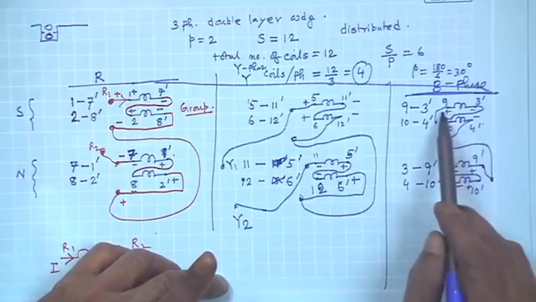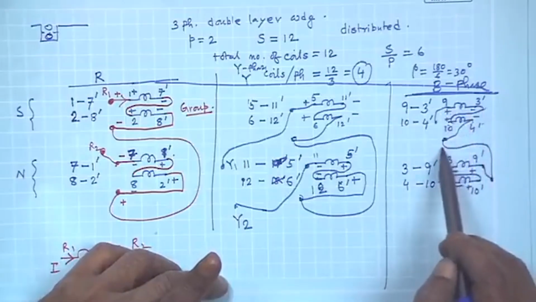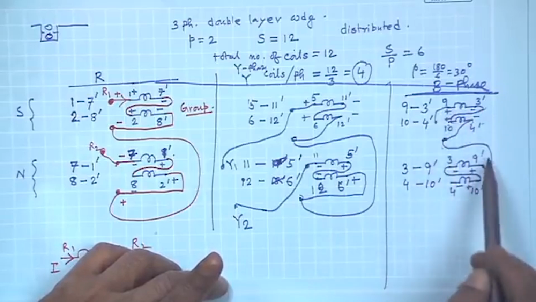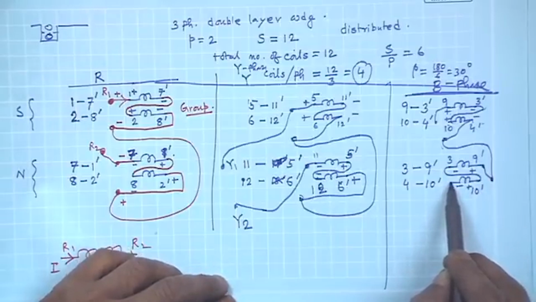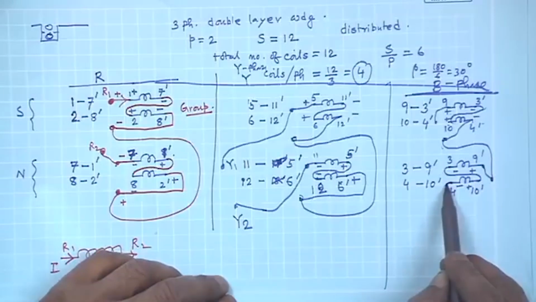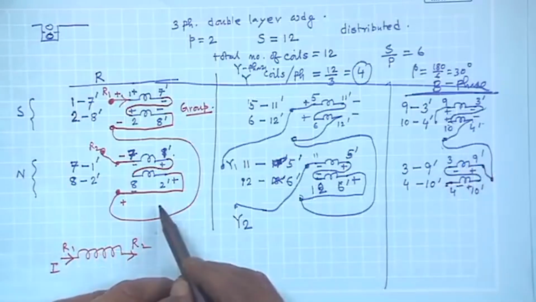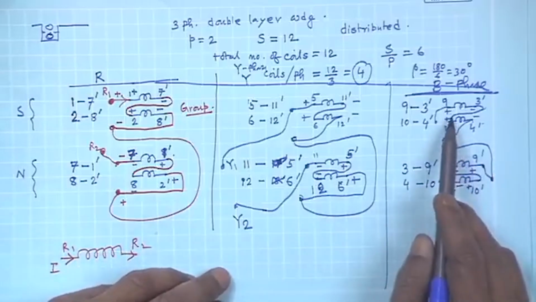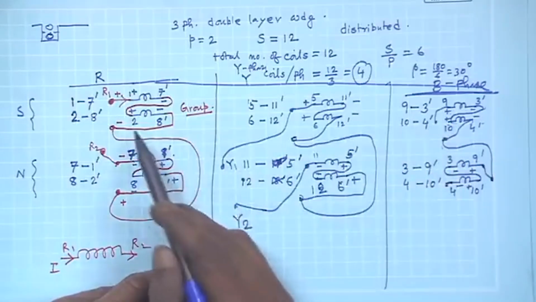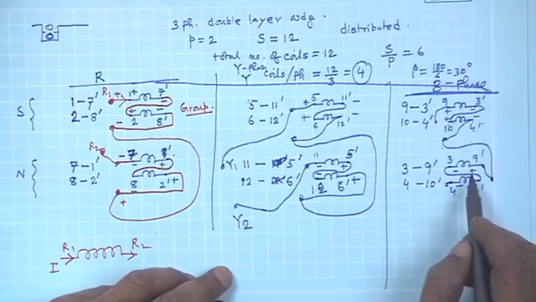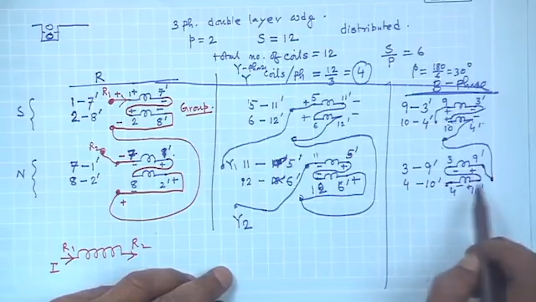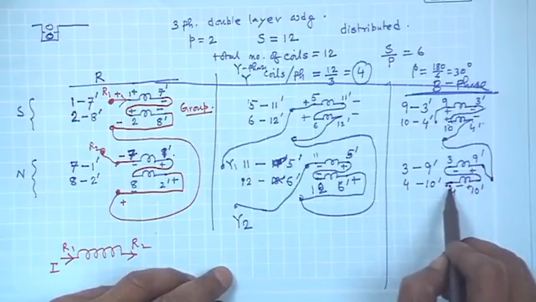So, I will connect them once again in series. So, plus minus, but why did it come like this? It was coming opposite, no? Or here I made a mistake, plus minus. Correct. So, anyway, these two